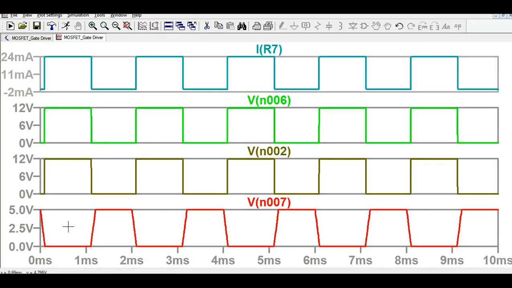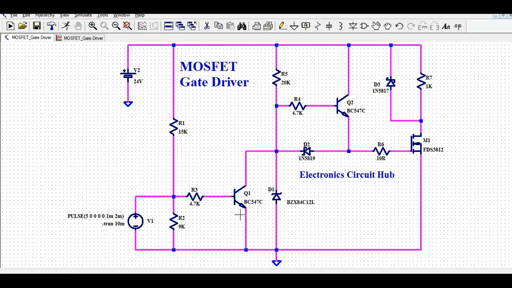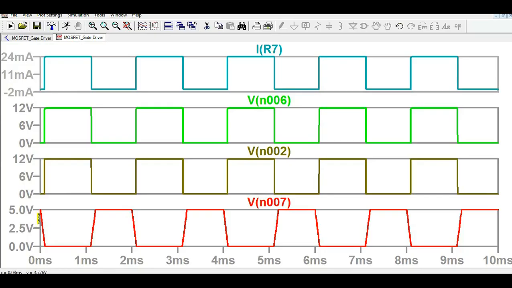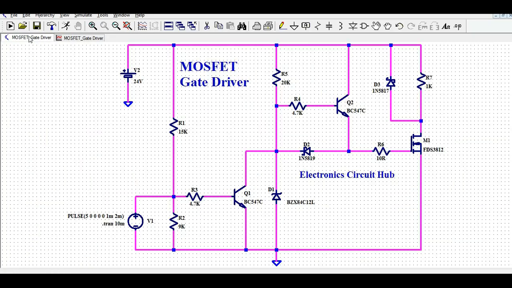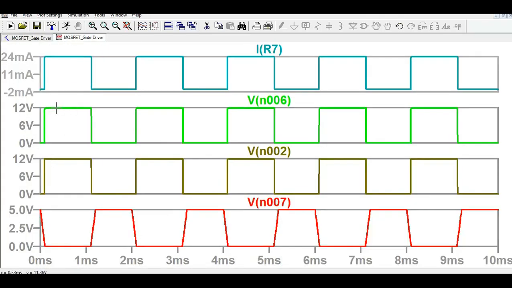So what you see here is your base voltage, the base voltage of your first transistor, Q1. And when your base is pulled low, you see the voltage at the Q2 base, and you also see the gate to source voltage of your MOSFET. When your Q1 base is pulled low, you see the gate to source voltage, and you're going to see the drain current as well.